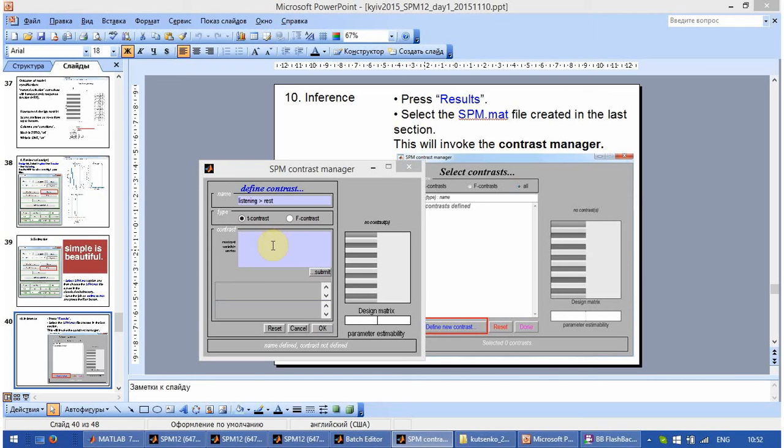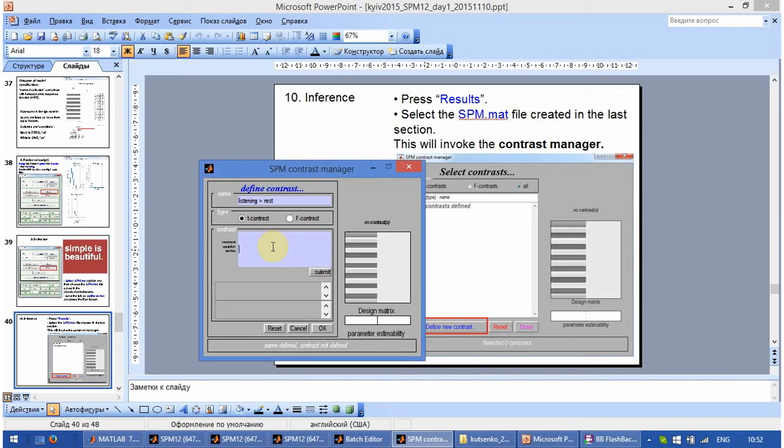But the contrast vector is something very specific. In our case, we have just two options, either +1 or -1. For listening more than rest, we enter +1. After we click Submit, and this is how this contrast vector will be graphically represented. A gray bar oriented upwards. We click OK,